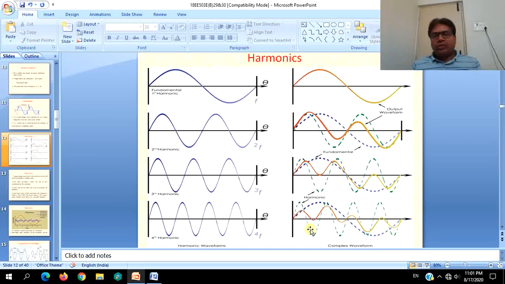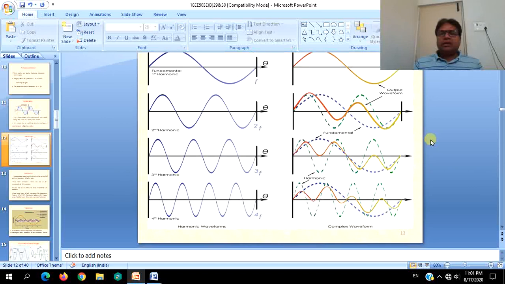This is the fourth harmonic. Green completing four full cycles, due to which the actual waveform is affected, which is shown with these brown lines. And when all these harmonics exist in the actual waveform along with the fundamental at the same time, the output waveform will have again a different shape, which adversely affects.